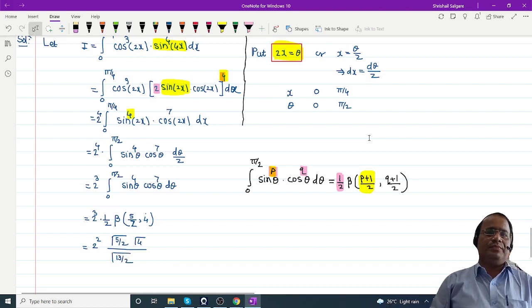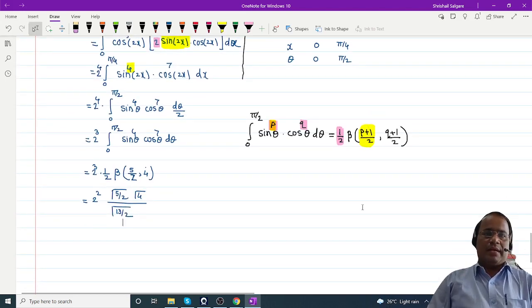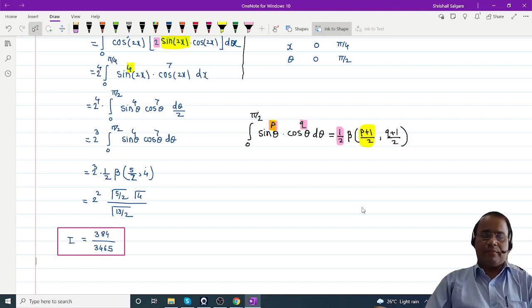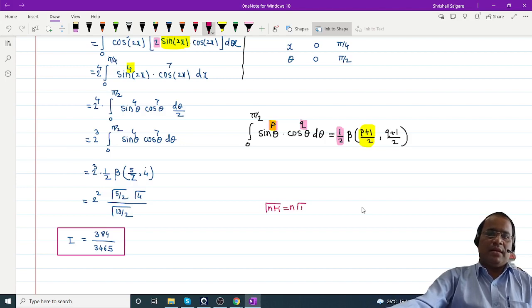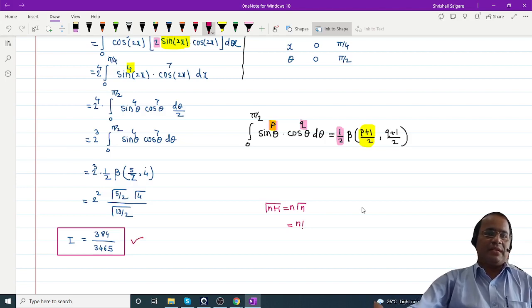13 by 2. Yes. Okay, again I will give 1 minute to evaluate that. I think all of you have simplified it. Simplify the gamma using the relation gamma of n plus 1 is equal to n gamma n if n is real, and equal to n factorial if n is an integer. So the answer comes as 384 divided by 3465. Is it correct? Yes, sir. Okay, fine. So today I will stop here. In the next lecture we will continue with the beta form.